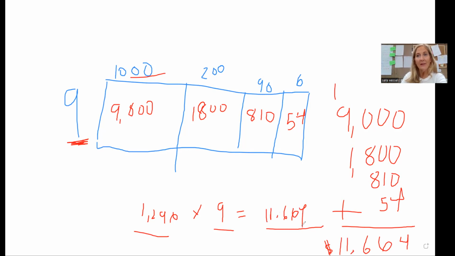So on the back of your paper, the substitute's going to give you 2 problems to do using the open area model. Come around and check and make sure you've got the hang of it. And then there's some extra practice in Schoology, an attached sheet. Now, it's going to be in Kami, but I'd like for you to do it on scrap paper. So get a big old piece of scrap paper, make yourself some big old area models, and let's solve some really big